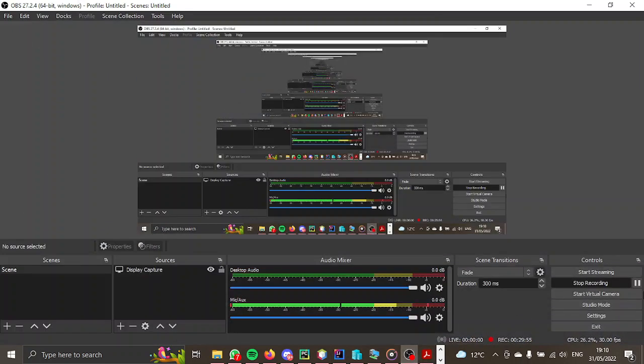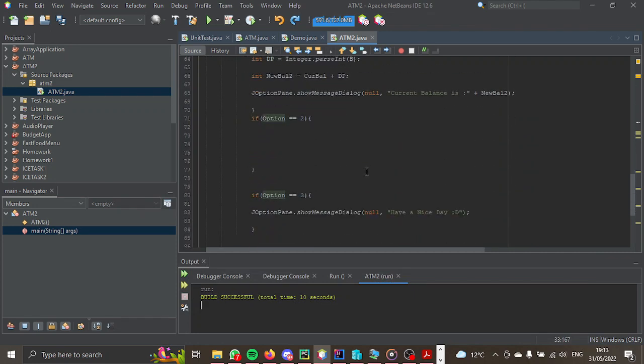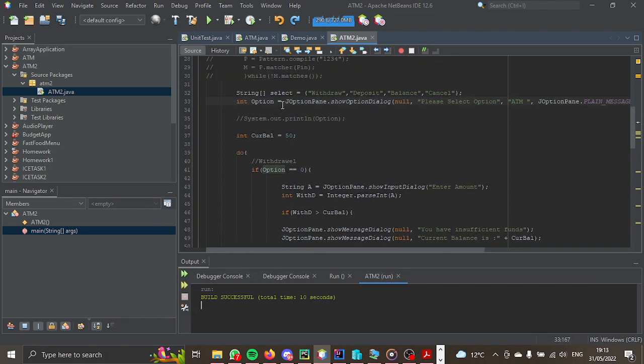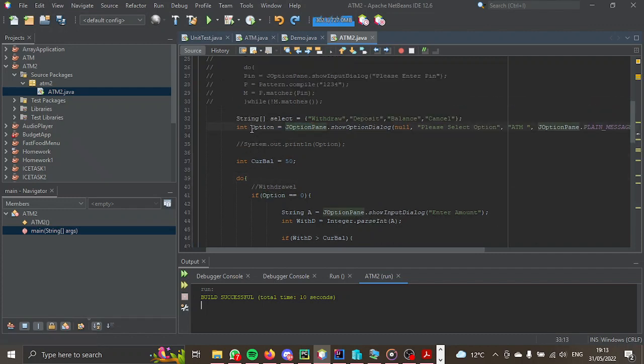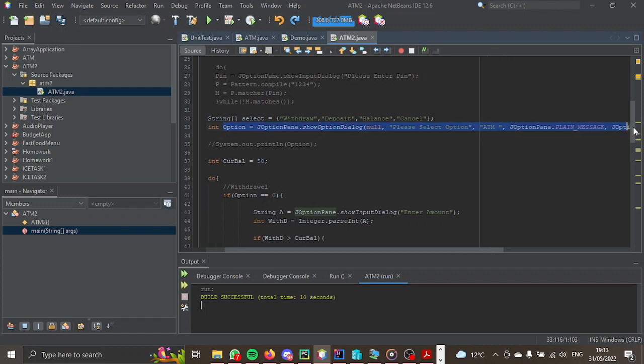Just going to pause here just to figure it out. Okay, I'm back. Okay, now I've figured it out. The reason why it kept showing the amounts is because I forgot to add this underneath here. So what we're going to do is take everything from this point, from option, and we're just going to